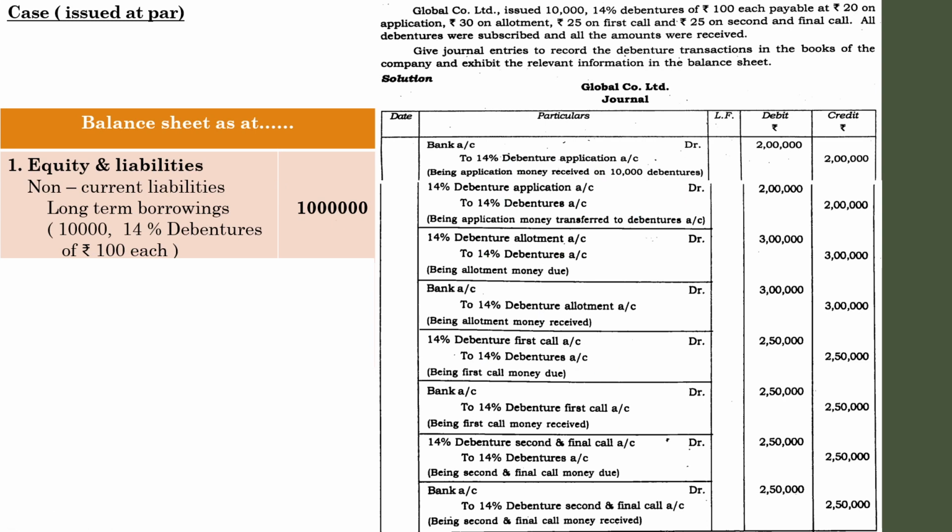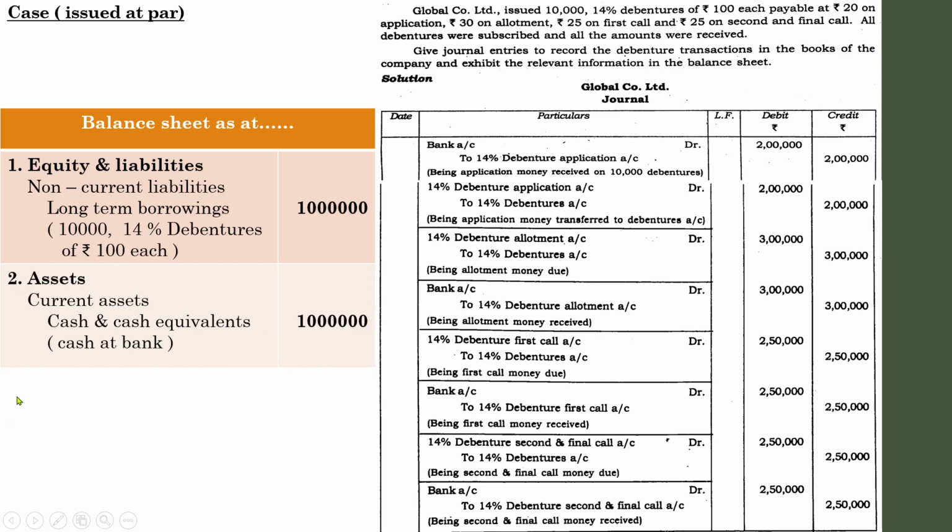And our balance sheet is not complete, it is only covering the liability side. You need to cover both sides, liabilities as well as assets. All the amount raised through debentures is collected in the form of cash. So our cash balance will be shown under the head assets, current assets, cash and cash equivalents, under that cash at bank. Since the transactions of the company are usually carried out through the bank, you have to show it as bank instead of a cash account. So cash at bank, amount 10 lakhs. So this is how you have to prepare the balance sheet of the company.